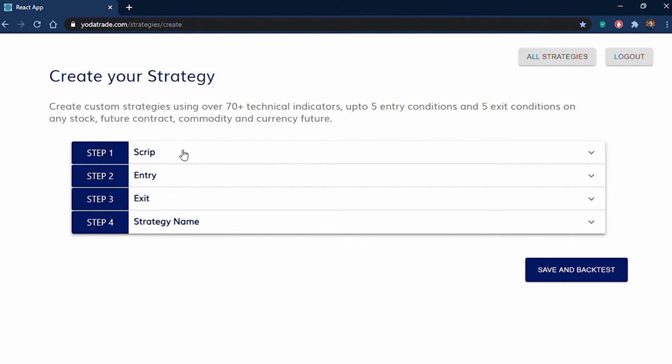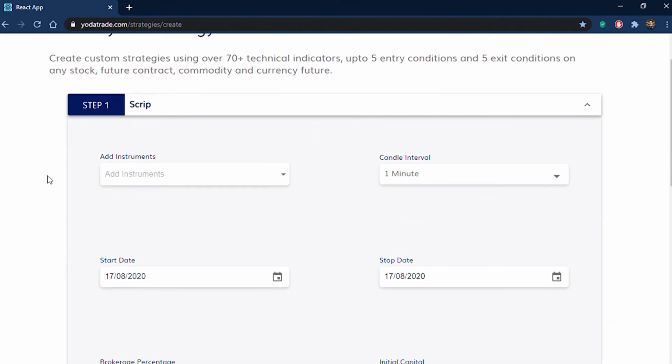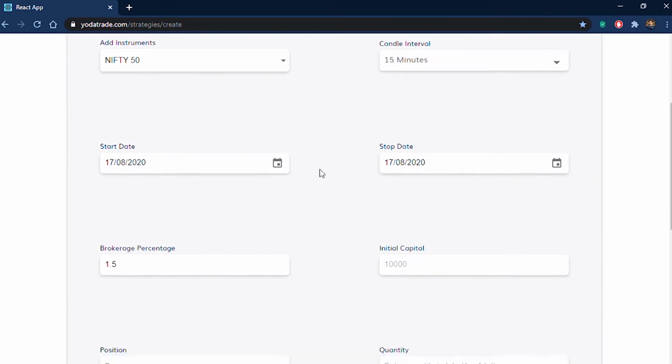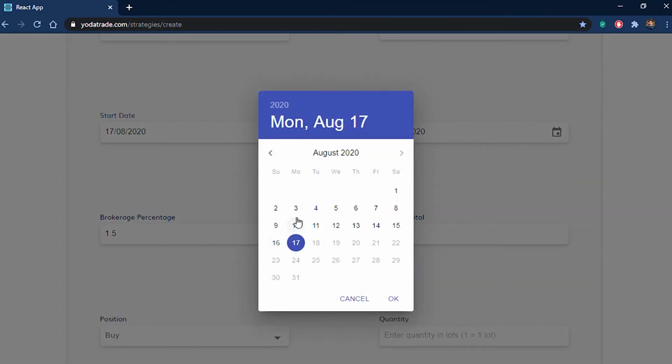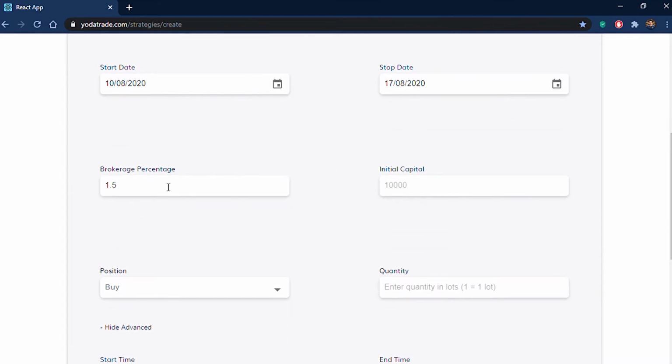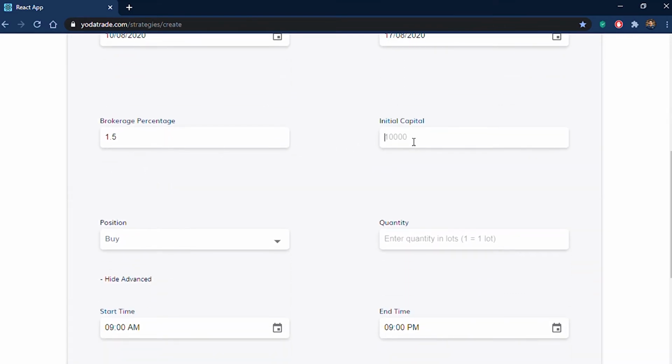Step 1 is script. Here we need to give every bit of information about the script. So let's add an instrument. Let's add Nifty 50 and let the candle interval be 15 minutes, and start date let's go for 10th August and stop date be 17th itself. Brokerage percentage is 1.5. Let's go for a capital of 1 lakh,